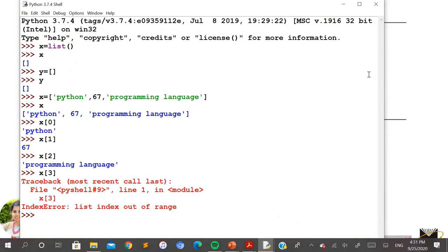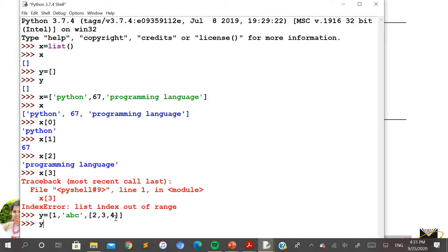So here you can see y. I'll take y is equal to, first a simple integer 1, next I'll take ABC as the second element, and as the third I want to take another list as an element in which I have the values 2, 3, 4. So I'll close it and I'll close it. Basically, this variable is a list consisting of three elements. The first element being 1, the second element being ABC, and the third element being another list in which you have the three elements 2, 3, 4.